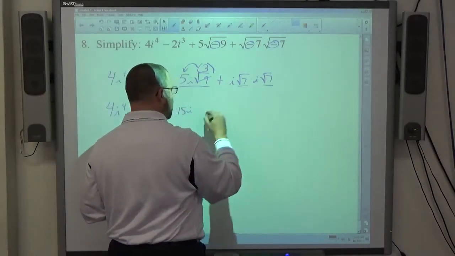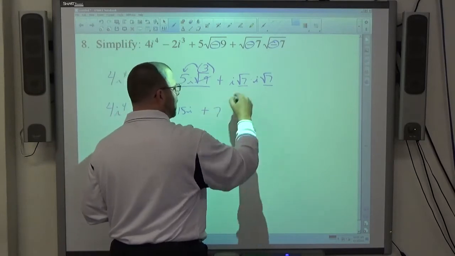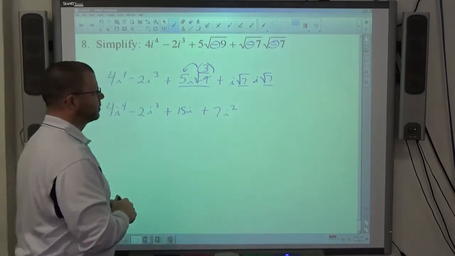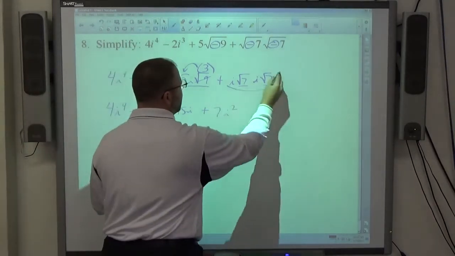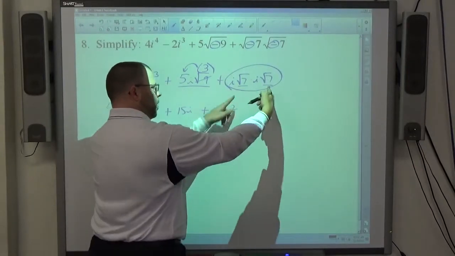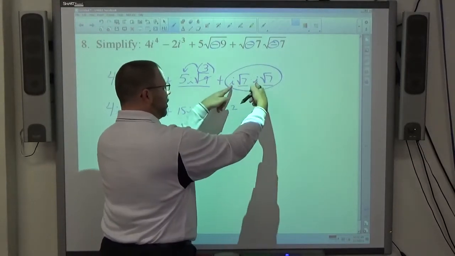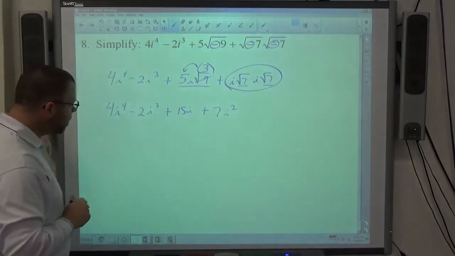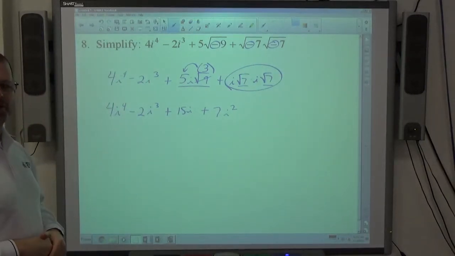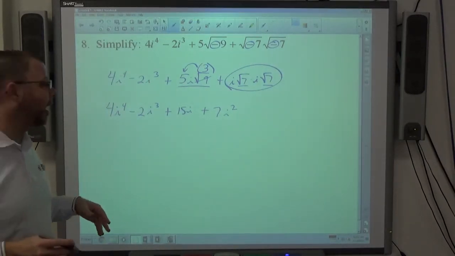Square root of 7 times the square root of 7 makes 7. I times I makes I squared. So again, all this stuff's being multiplied together to make one term. The square roots of 7 make a 7. The i's make an I squared. Once you get everything down to just a bunch of stuff with either real numbers or i's, then you start